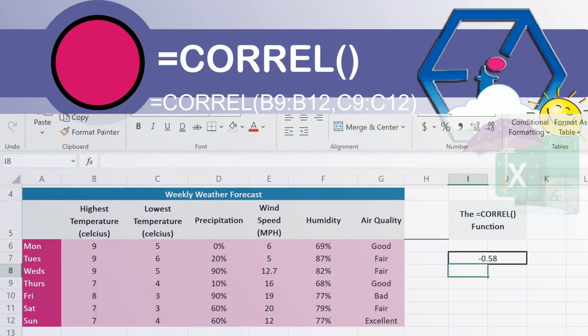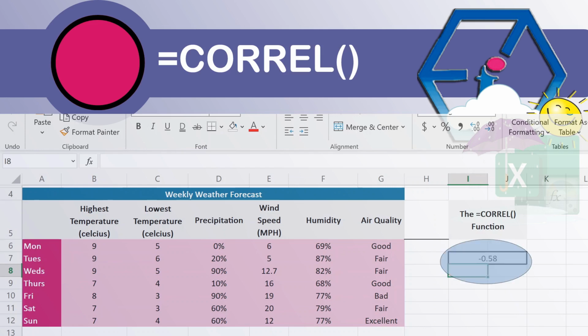So, if we select Thursday through to Sunday this time, we can see that there is now a weaker correlation between the highest and lowest temperatures overall. But wait, why has the output value changed to a negative number? Well, remember that we said that the CORREL function gives us an output value between -1 and 1. Well, in this instance the total of the lowest temperatures is less than half of the value of the total